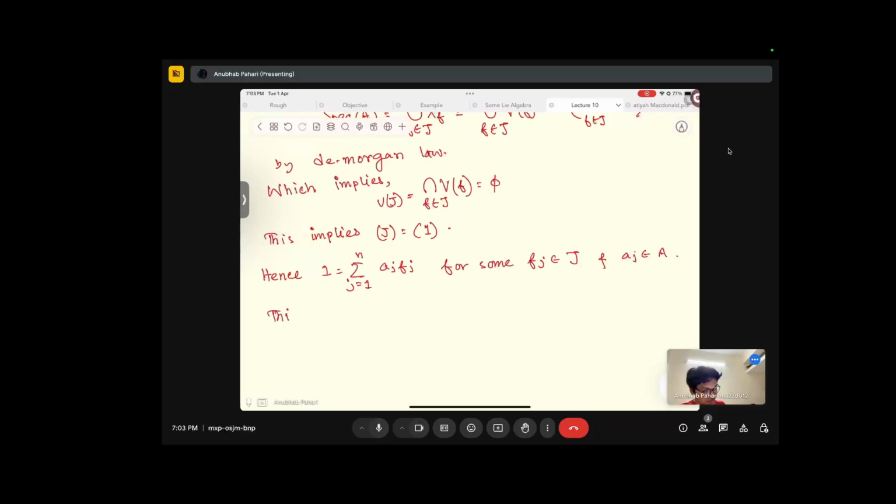So this implies that the intersection for j equals 1 to n of V fj should be V of the union of fj, j equals 1 to n, is empty, where the first equality